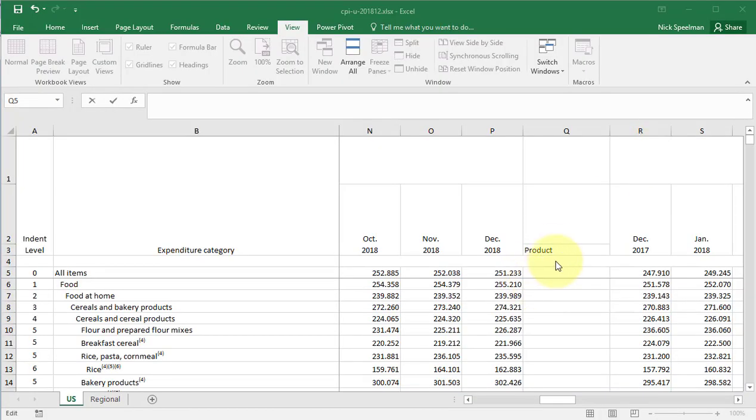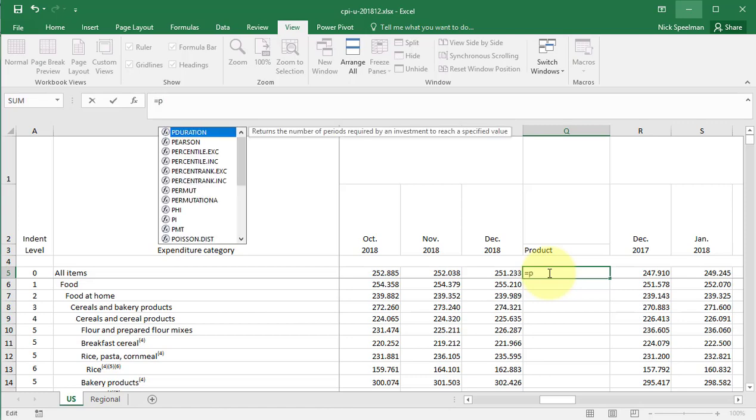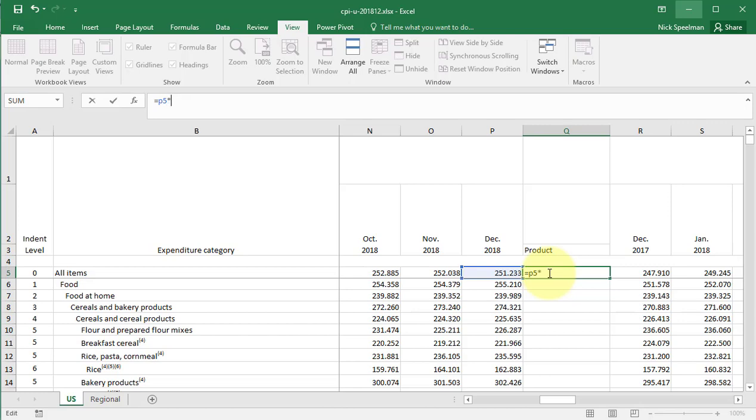Okay, now I'm going to show you how to multiply in Excel. It's pretty simple. You have a few options. I can do equals, enter my cell reference. Let's do P5 times